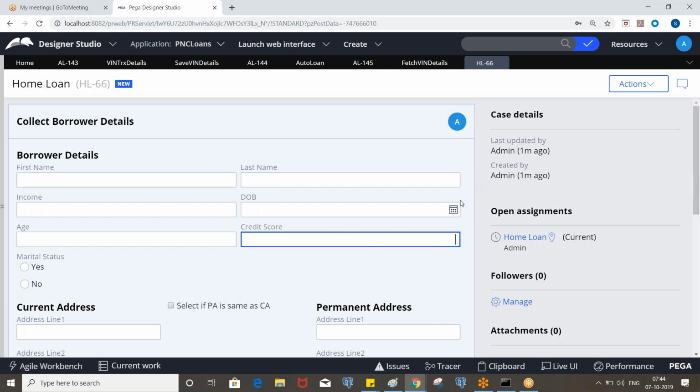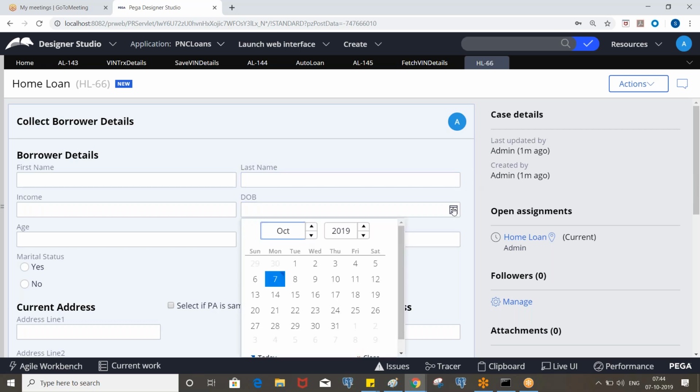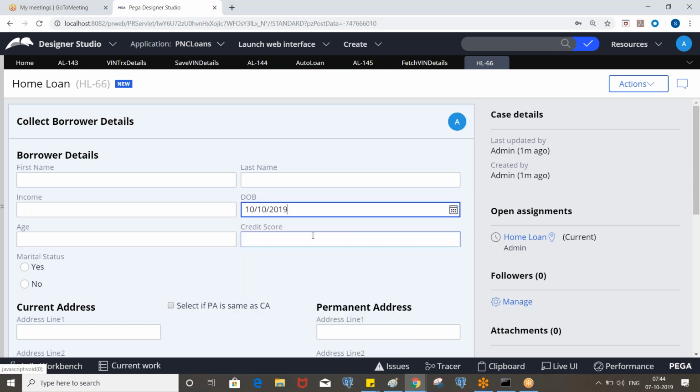Before that, let's say here we have a date of birth. Okay, if I select the date of birth, the age has to be calculated automatically, right? So how can we do that? If we put 1980, it has to calculate the corresponding age. Okay, so that means whenever the date of birth changes, the age has to be calculated.